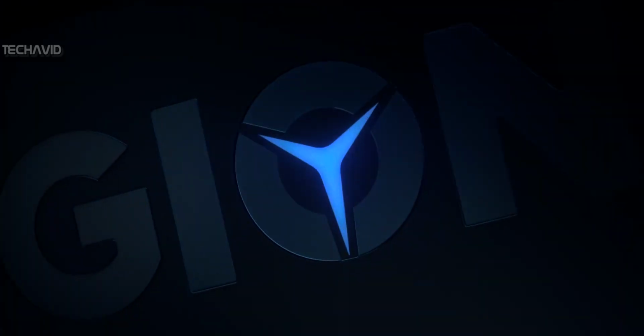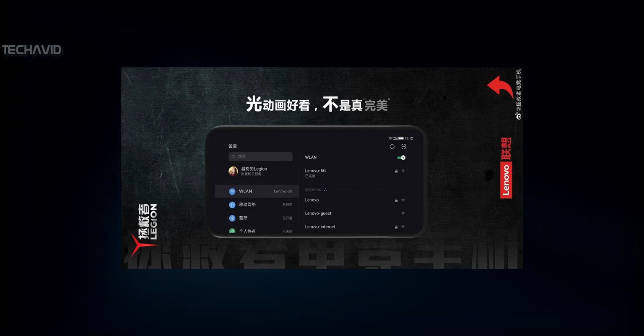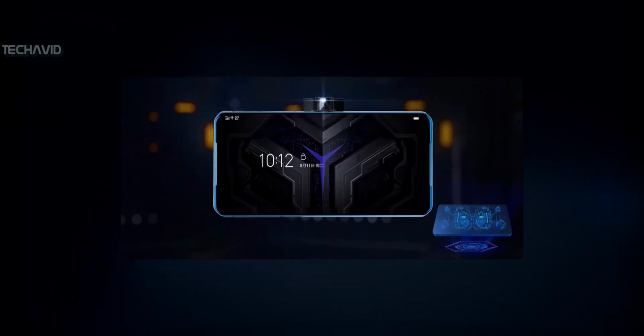Lenovo manufactures some of the best gaming laptops under its Legion lineup. Now they're going to use the same moniker for gaming smartphones. Yes, that's right, we have received multiple leaks over the past month and a half about Lenovo's upcoming Legion gaming